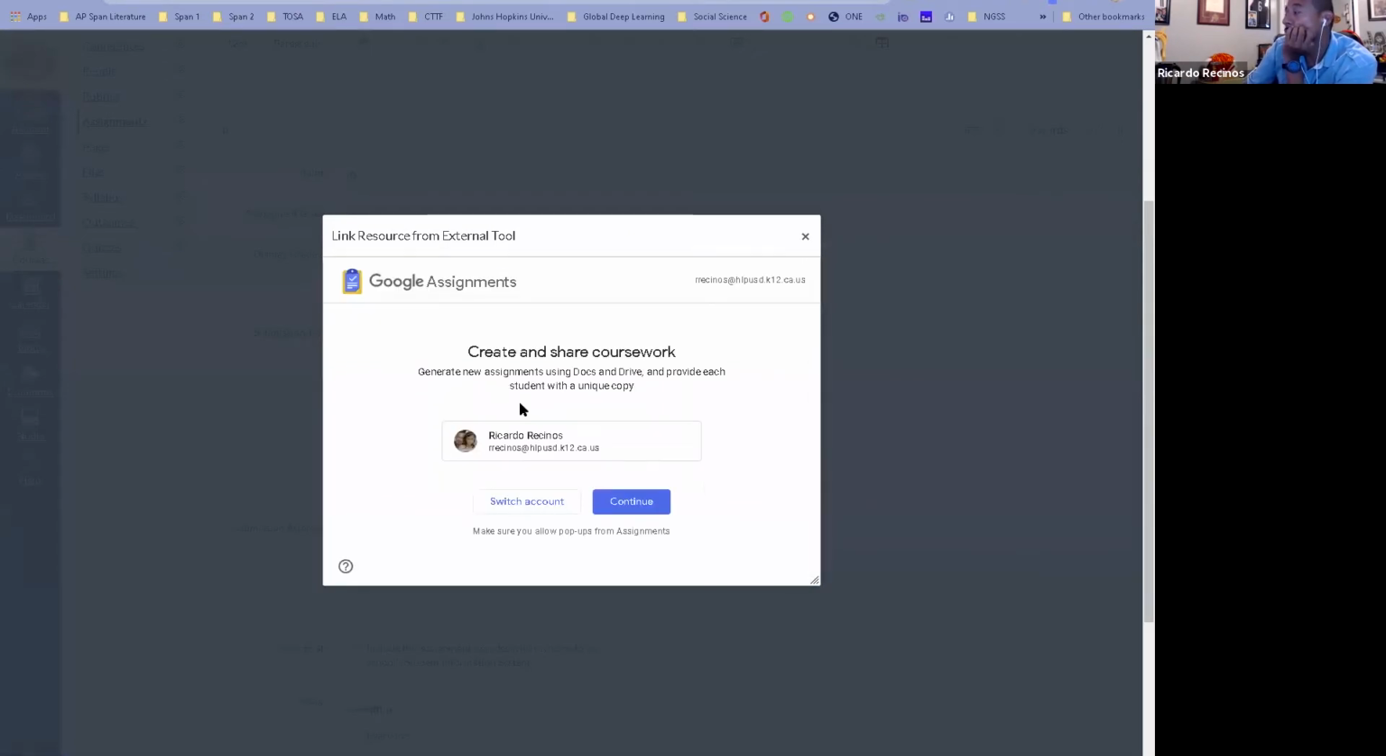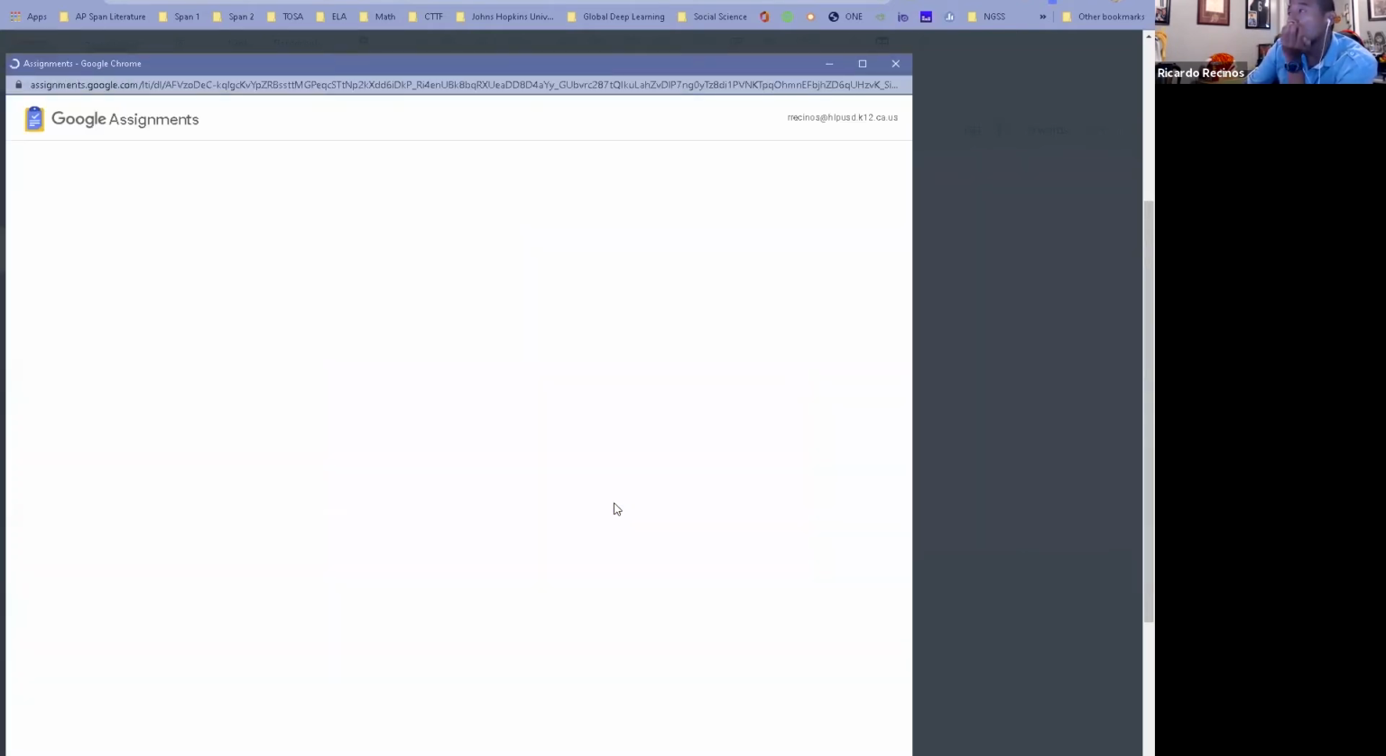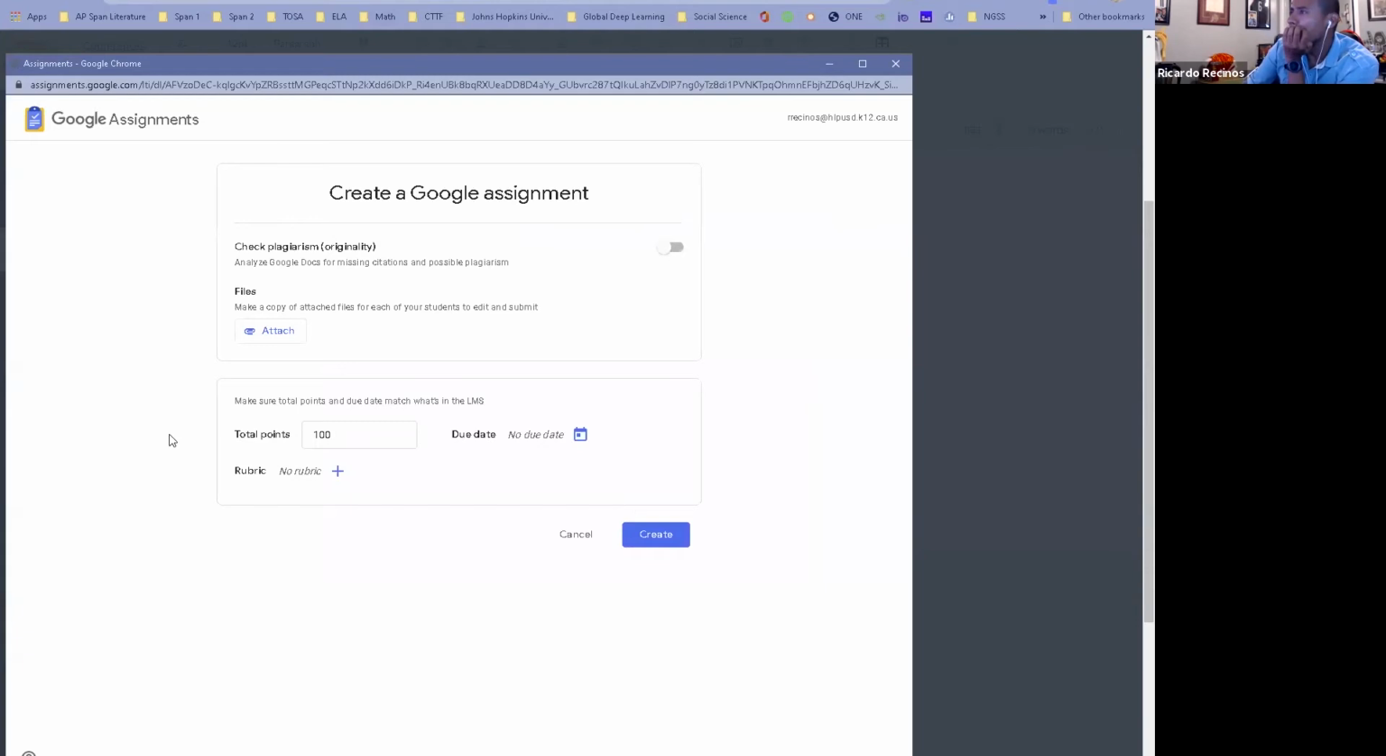Notice that it's going to look and say, is this you right here? So this is my drive that I want to use. I'm going to say continue. And it's called Google Assignments again. It's basically your assignment that was in Google Classroom without a stream, okay? So it is not Google Classroom. I'm going to say continue, and then you have probably seen this before if you used it last year or